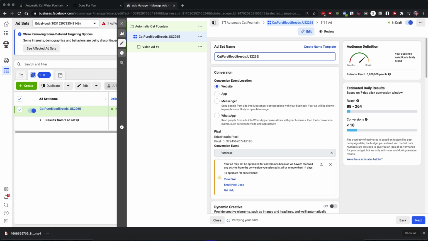If I'm doing both genders, I just leave it, I put A for both. This is just for me, so I don't have to actually open up the ad set every time. I can just look at the name and I know exactly what I'm targeting in that ad set. So I'll put it, and then I put in another underscore, and then I put in what it is, the device that I am